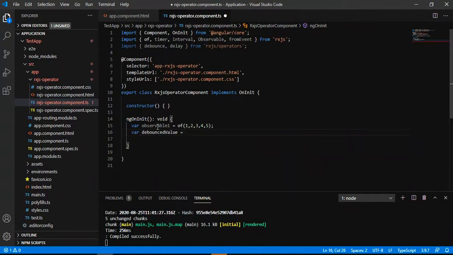So we have defined an observable that will emit the values 1, 2, 3, 4, 5.